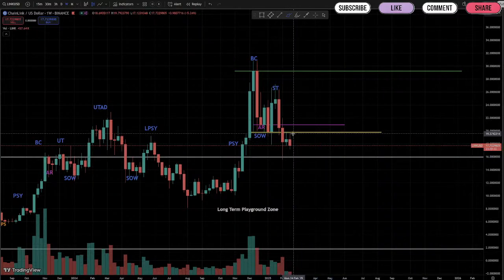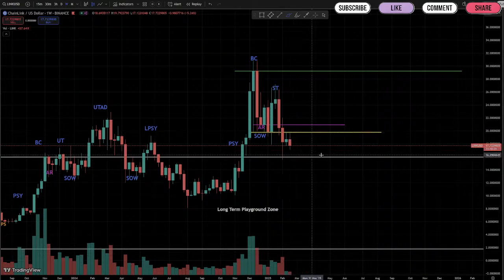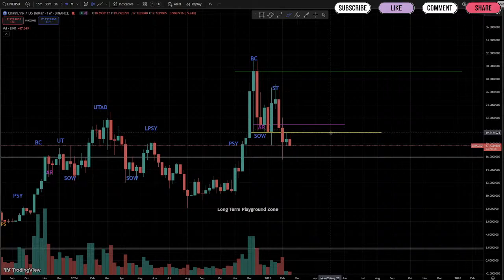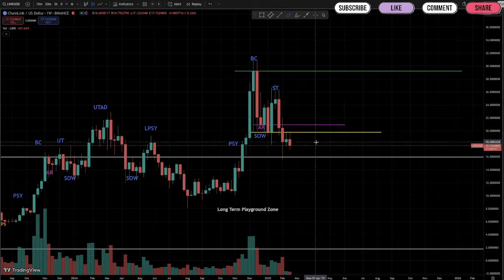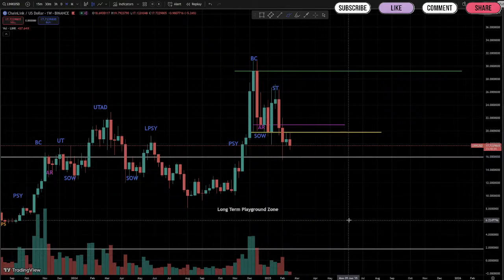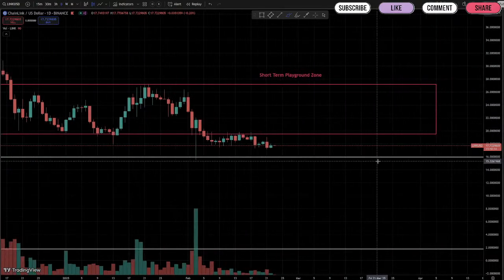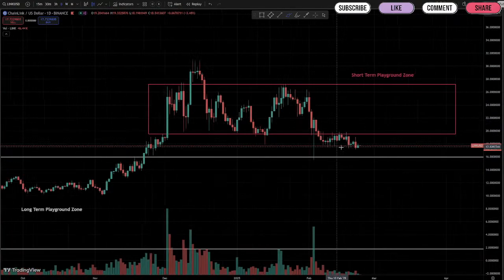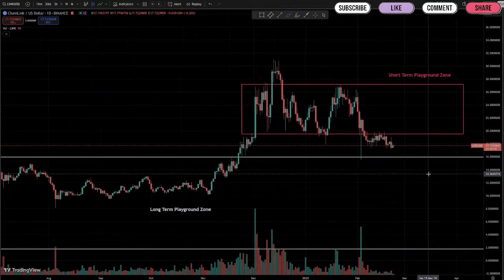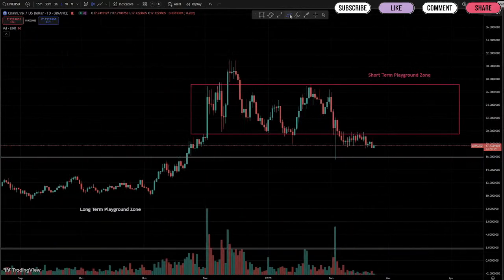So it happened this way. If we look at this week's candle, it hits the yellow line and then it comes back down. So these are the two stronger support and resistance lines I see from a weekly candlestick perspective. In terms of daily, it's kind of flat, but it's still somewhat